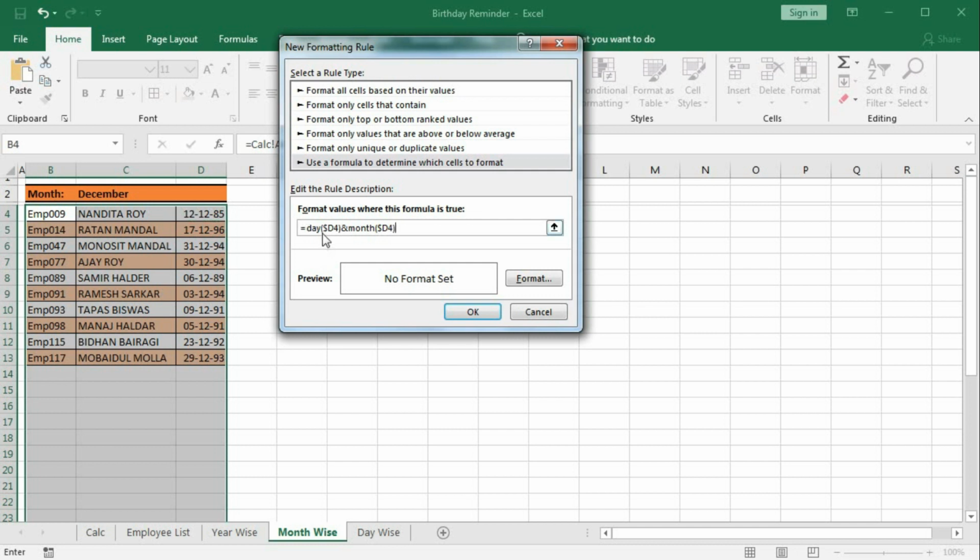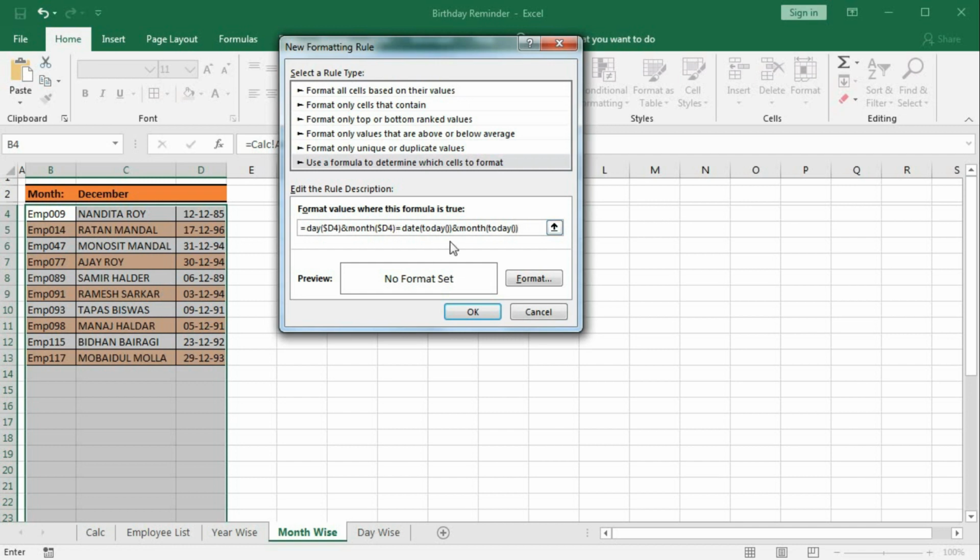Here we will get, so today is 9th December, so we'll get 9/12, is equal to day of today and month of today.